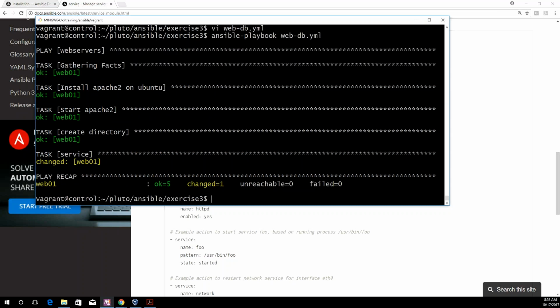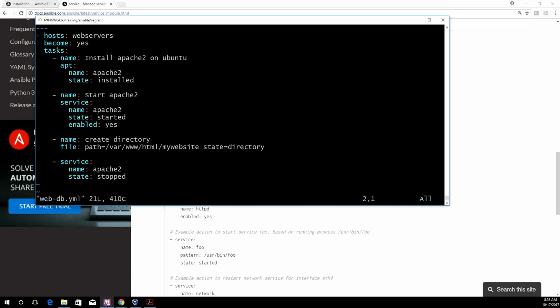Right, so to every task I have given a name, a title, and you can see it over here: install Apache2 on Ubuntu, start Apache2, create directory. But the task that I just added, which says stop a service, Apache2, here I just see the name of the module, service module. I don't see anything else. So if I have multiple service modules, I don't know which task is what. So name is not mandatory, but it's a good practice. Always give a name. So we'll name our task